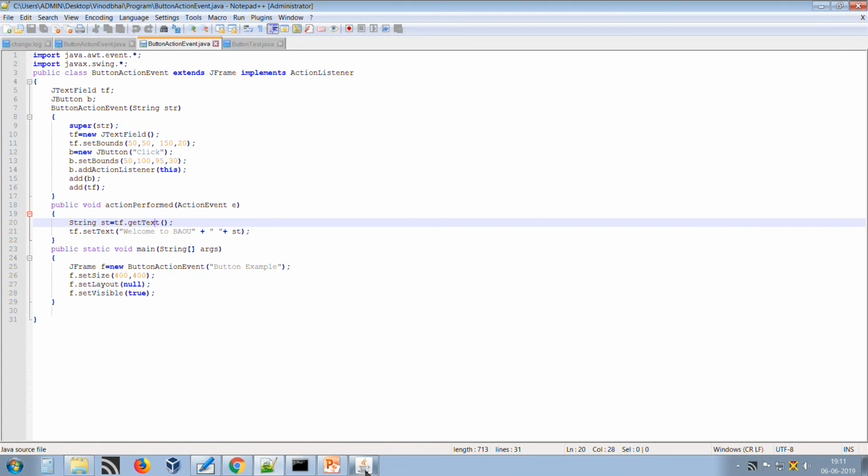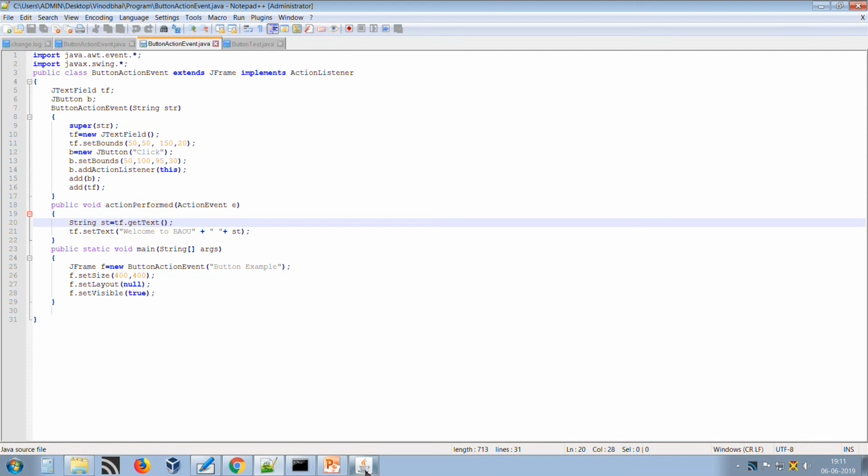In the same way, you can write your own listeners in your programs for different kinds of events. I hope that throughout this session you have understood what Swing is, how Swing differs from AWT, why Swing components are known as lightweight components, what kinds of components and controls we can create using the Swing package, and how we handle events in different scenarios with different components.